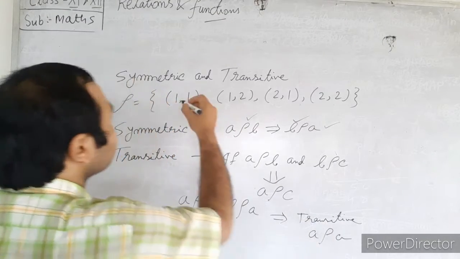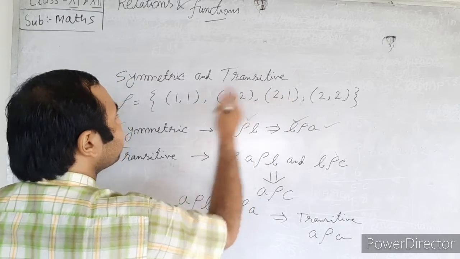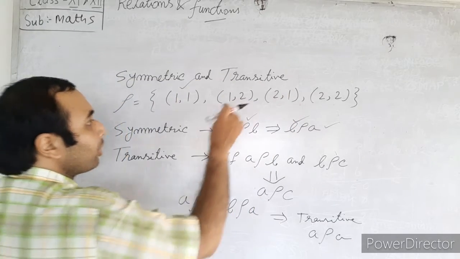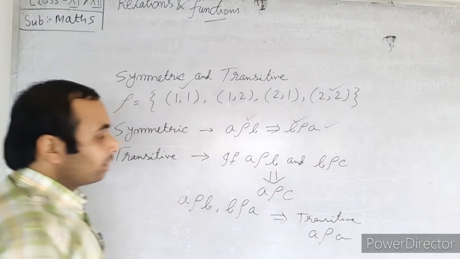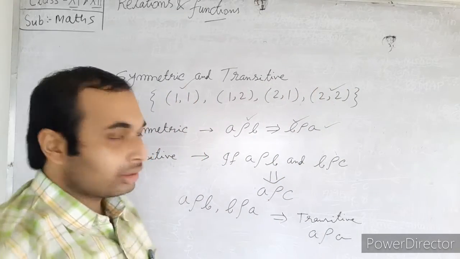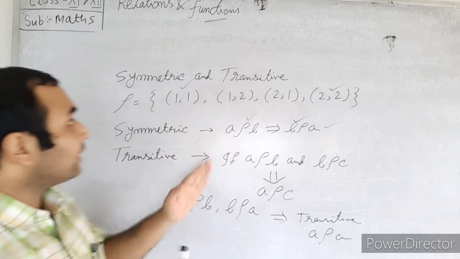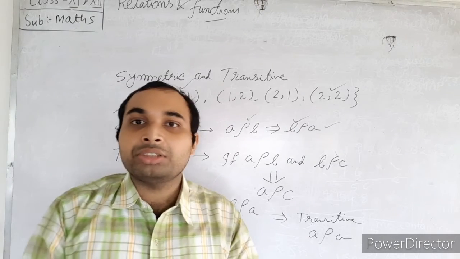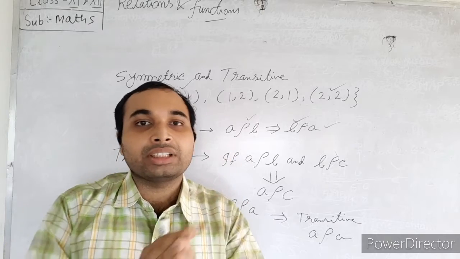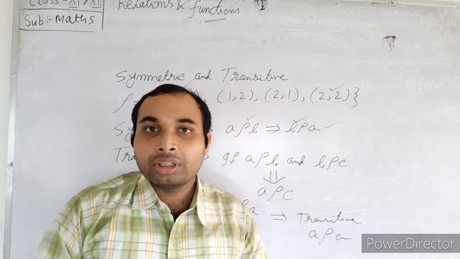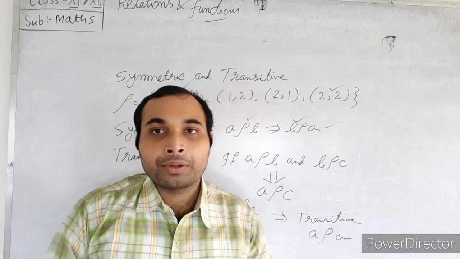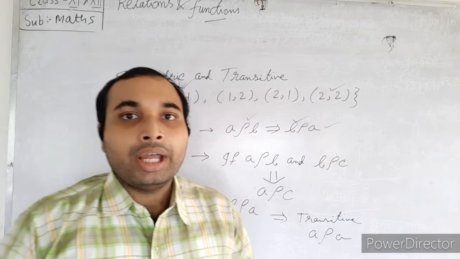That is, (1,2) is there, (2,1) is there, so (1,1) is there. (2,1) is there, (1,2) is there, so (2,2) is there. So A rho A is there. Does it mean that whenever one relation is symmetric and transitive, the relation automatically holds the reflexive criteria? Is it wrong? Actually,